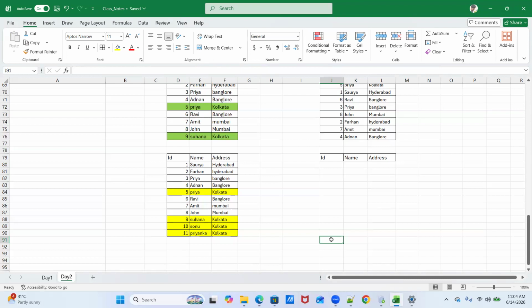If it is descending order, then Suhana will come first, then Sonu, then Priyanka, and then Priya. So you are saying Suhana first, then Sonu, then Priyanka, and then Priya.